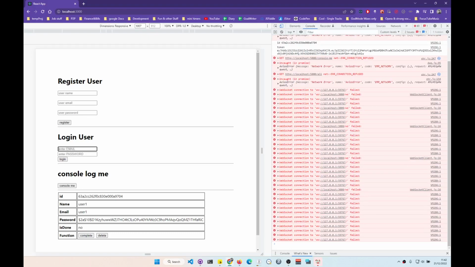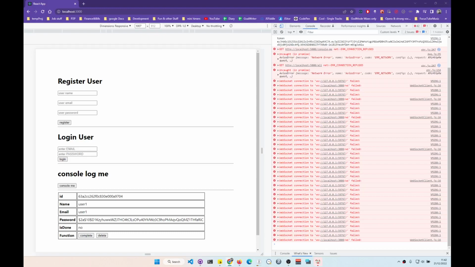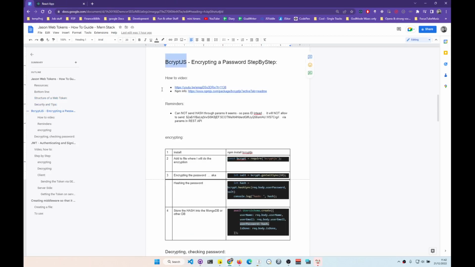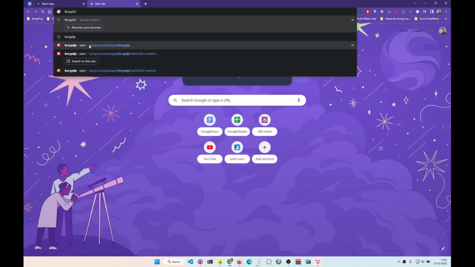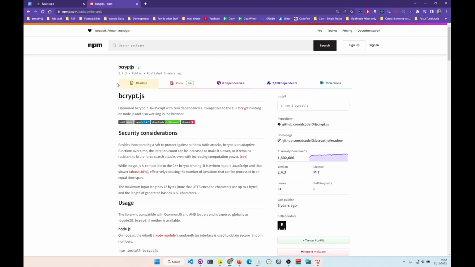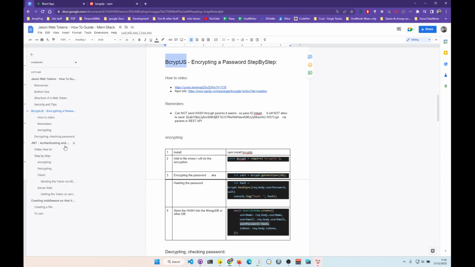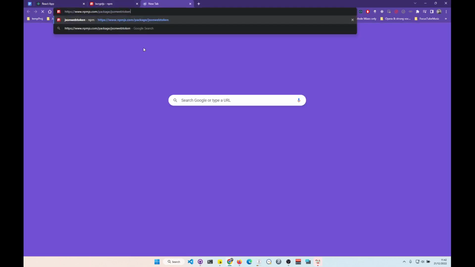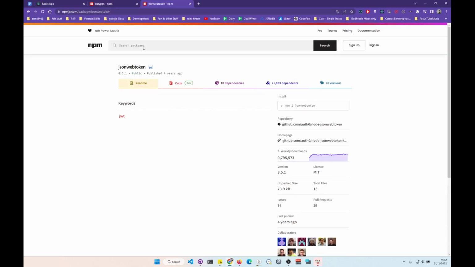So what we're gonna be using is two frameworks basically. One is called BcryptJS, this one here. It is used to encrypt the password. And the second one is gonna be JSON web tokens, this one here. JSON web tokens are used to protect the URLs. So, for example, if you send